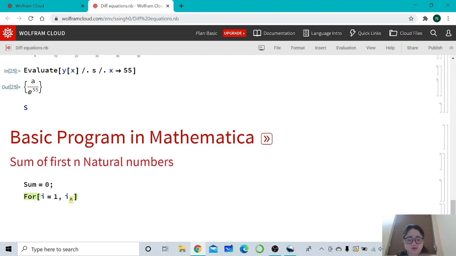For less than or equal to, I type less than and then equal sign, equal to. Say I want 10 iterations, so I type 10 over here, comma, i plus plus, that means we want to increase i by 1, comma, sum,